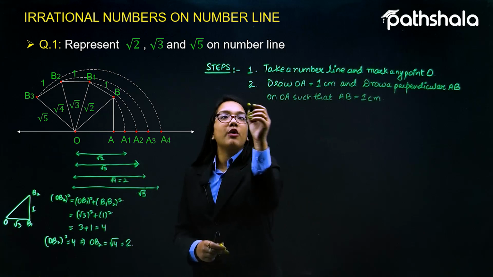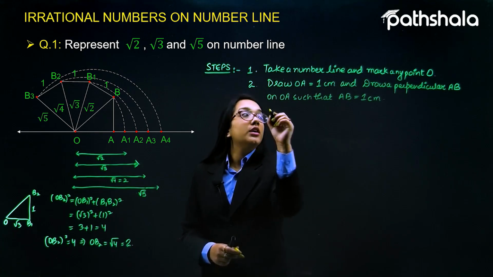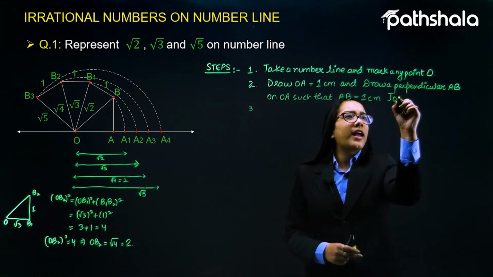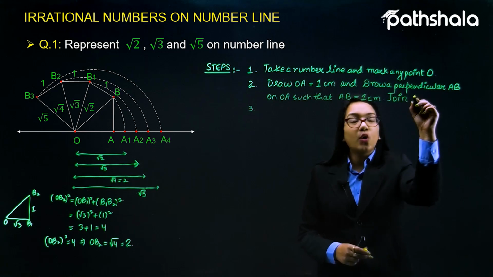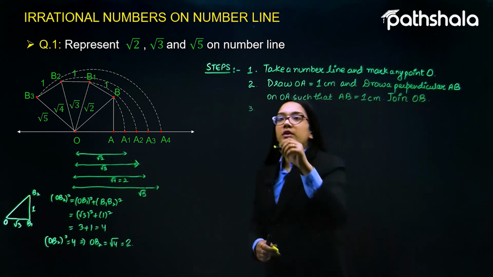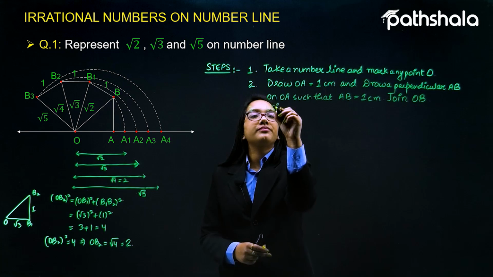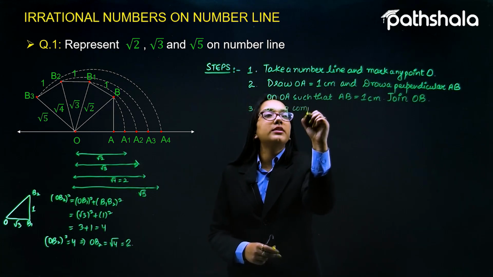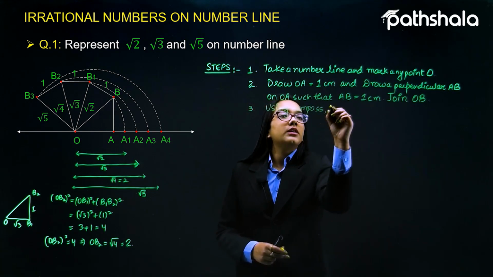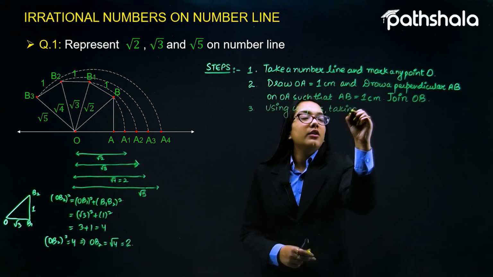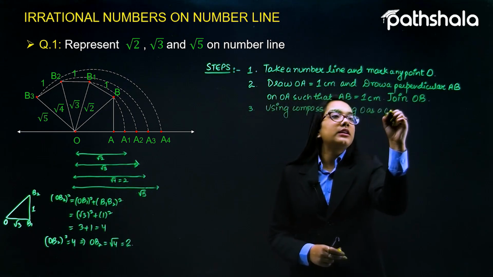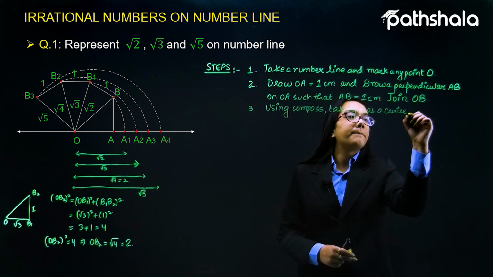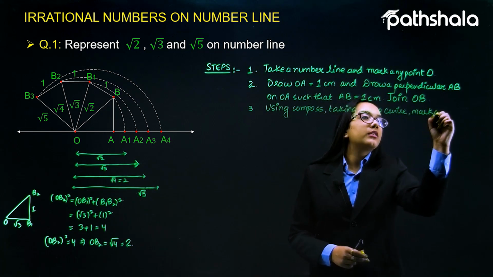Now further, the third step will be: join OB. So using compass, taking O as a center, mark an arc